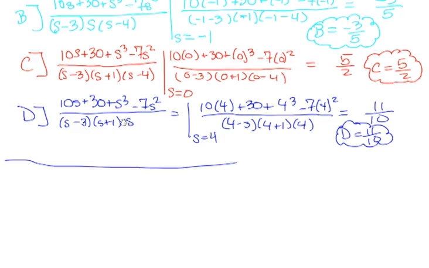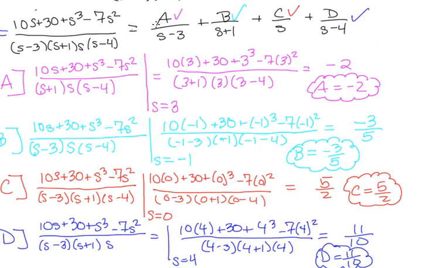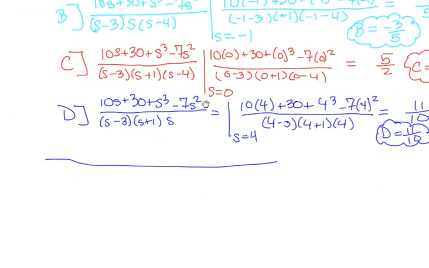So we're going to get, so a is negative 2, so we're going to put in negative 2 here. B is negative 3 over 5, so this is going to be negative 3 over 5. C is 5 over 2. D is 11 over 10. So writing this out all neatly over here, we're going to do,